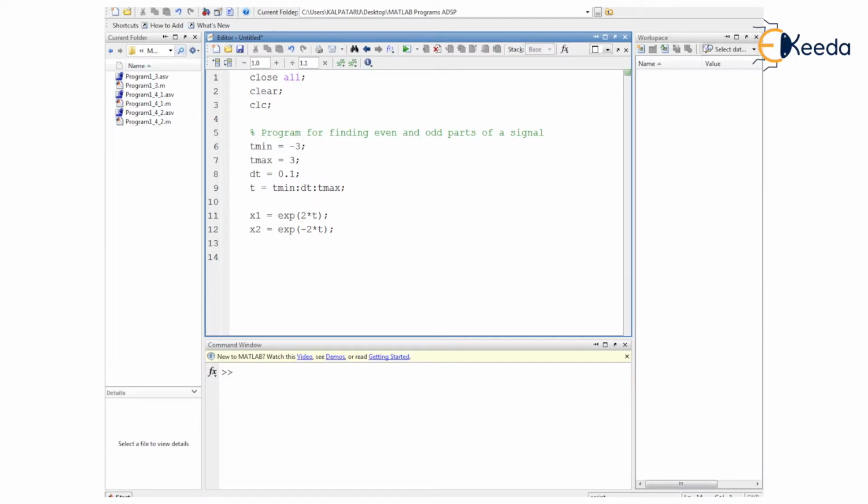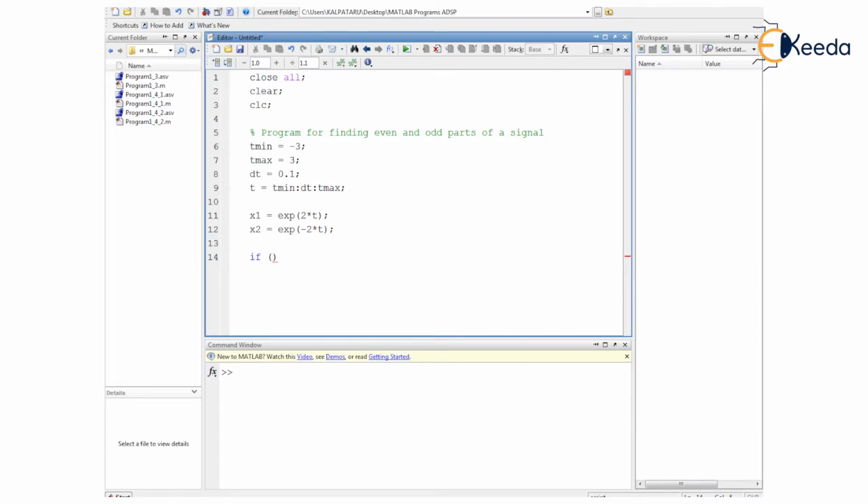Now here we are going to make use of an if else statement. First of all we put the condition into the if, as we have developed the two variables x1 and x2. You can see one has positive 2 power to the exponential, whereas in x2 we have minus to that.